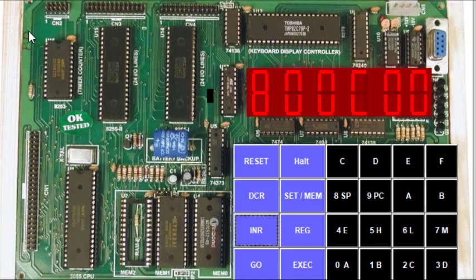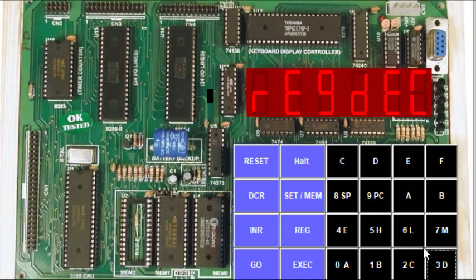One more INR. Now in order to execute, reset, then go 8000 and then execute. So the program gets executed. Now I press the reset key, then REG, register A contains EC, so the answer is EC. Now let us check whether we are getting the result in C. We are not getting anything in C, that means carry was not generated, so the result is in D. Since in this particular addition the carry was not generated, the result EC gets stored in D.